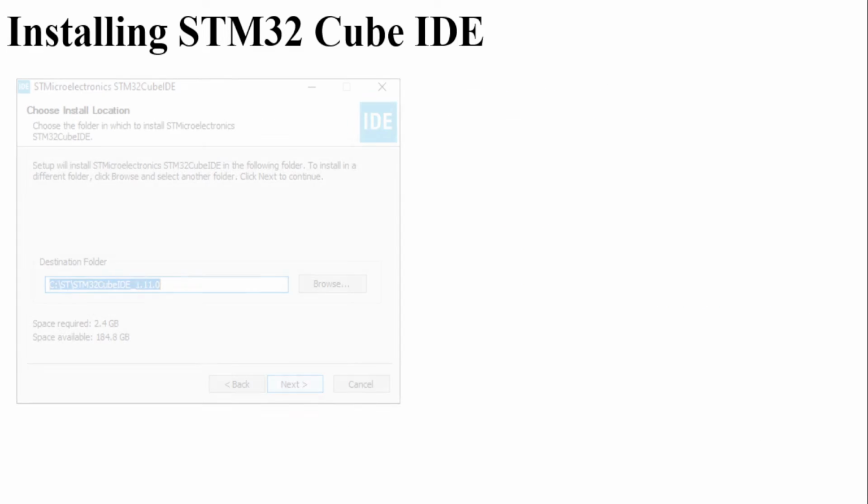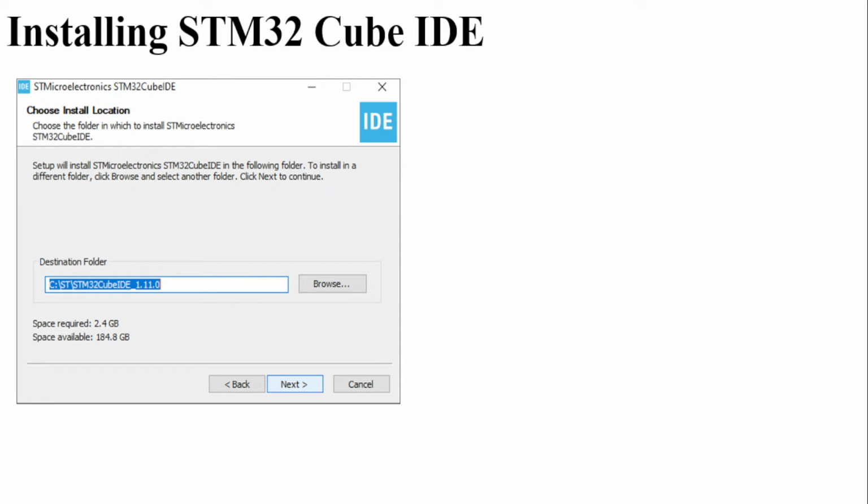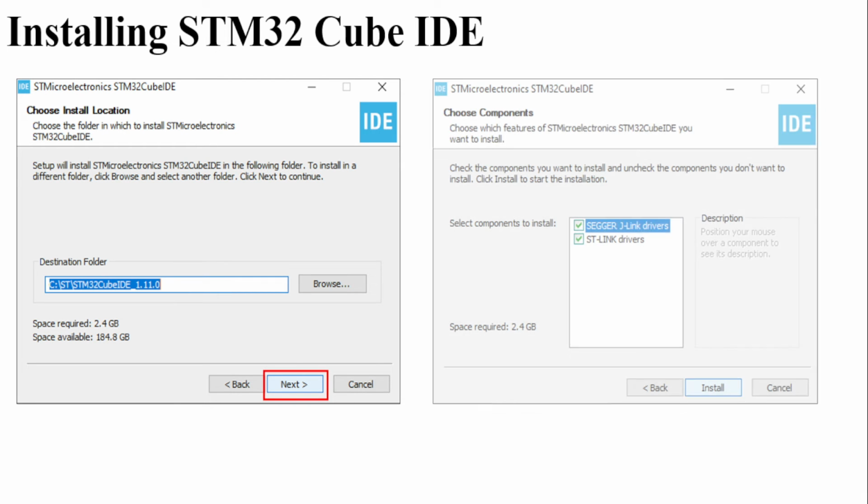Then after that, it will ask for the destination where you will keep the software. I would recommend you not to change anything in this particular destination folder link. Just let it be the default link, for example, C STM32 Cube IDE. Click on Next, and then